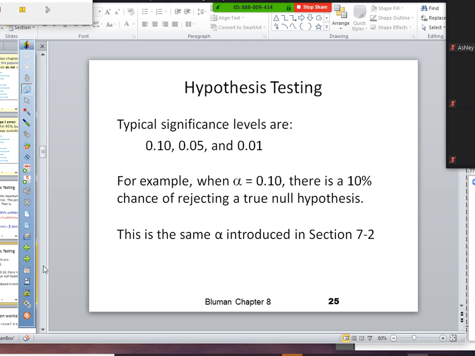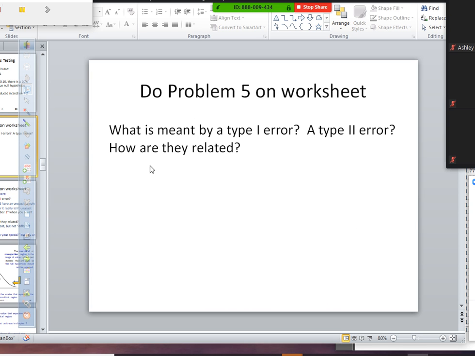So why don't you guys, I know I haven't really covered that type 2 super well. I kind of touched on it. I don't want to spend a lot of time on this, but I do want you guys to do problem 5 on your worksheet. It's the very back of your notes, of your 8A notes. So go ahead and work on that in your groups, and